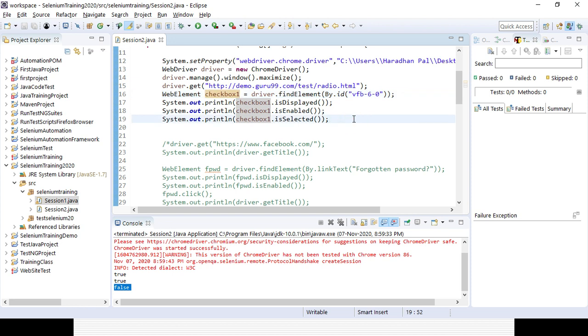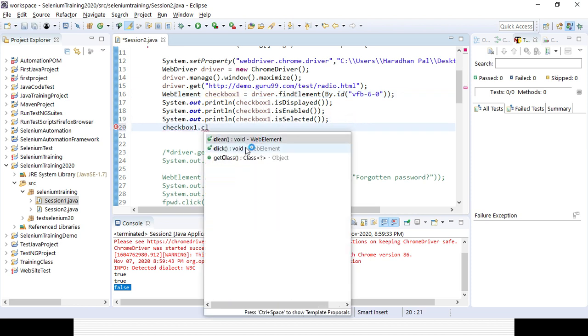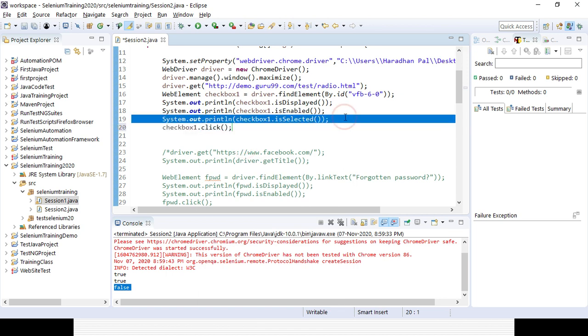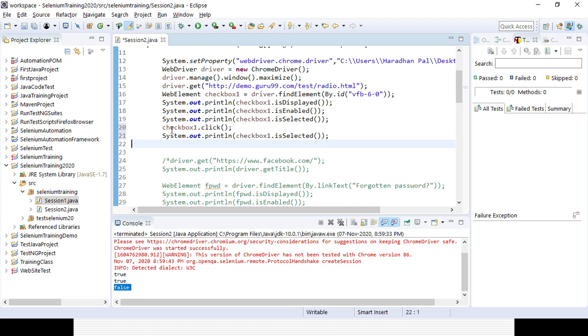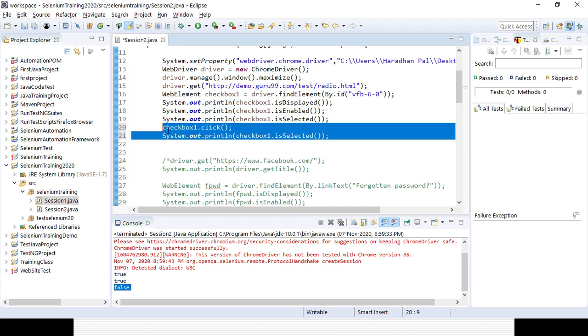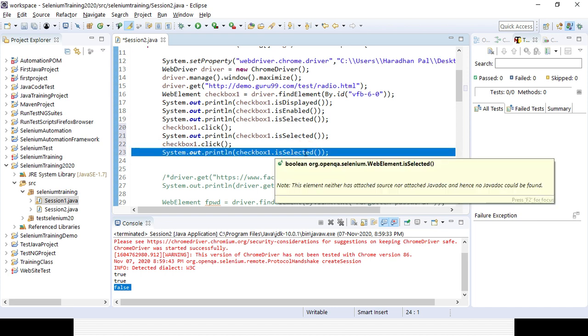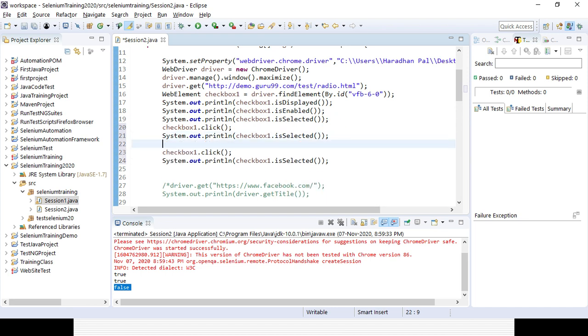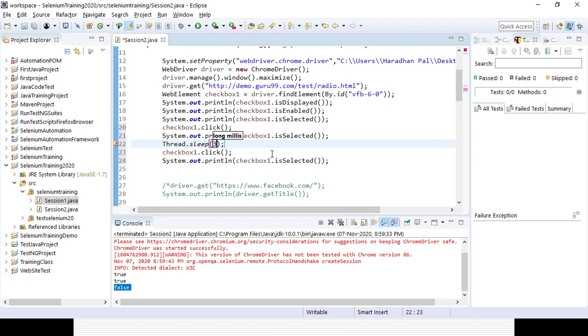So how can I check it? Dot click. After that, if you want to check whether it's selected or not, definitely it will be selected. After that, if I click again, it will be unchecked, and isSelected will be false. Here I will wait for 3 seconds. Dot sleep, 3000 milliseconds.